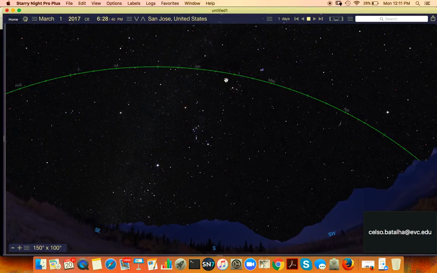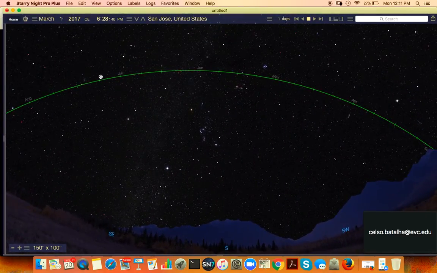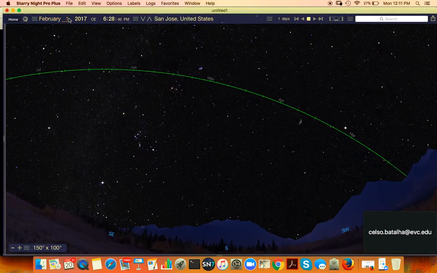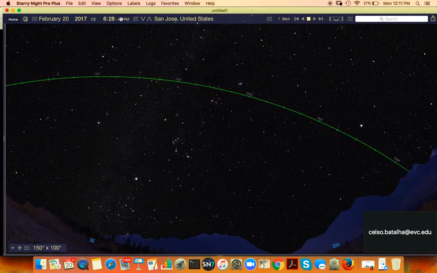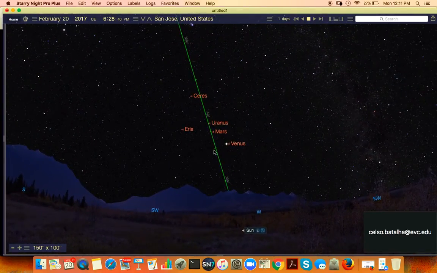Okay, but the sky is showing some interesting things. In fact, it's one of the most beautiful skies I know. So let's go to February 20, at 6:30 p.m. If you can go out, Venus is ruling in your western sky. Let me call up labels of planets and moon. So Venus is right there. See, it is bright in the sky, and if you happen to have a nice pair of binoculars,